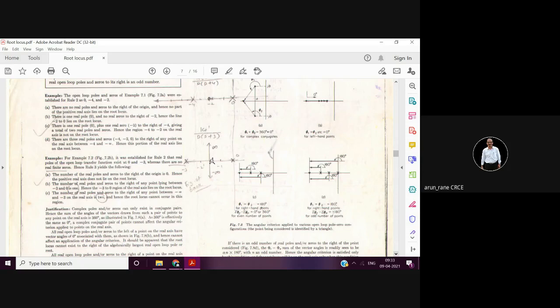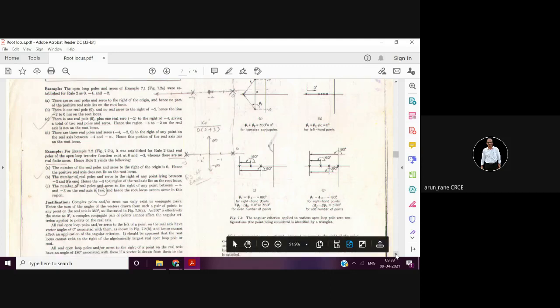So if you stand here and look at the right hand side, there will be root locus because it's an odd number. So like that it is. Yes, sir, this example is sufficient. This example is clear. Now we'll go for rule number 5.